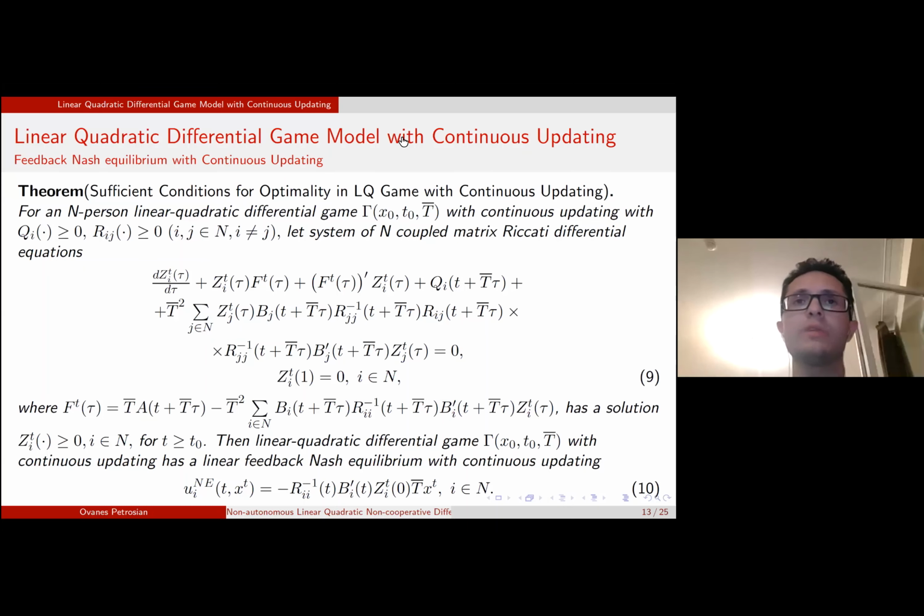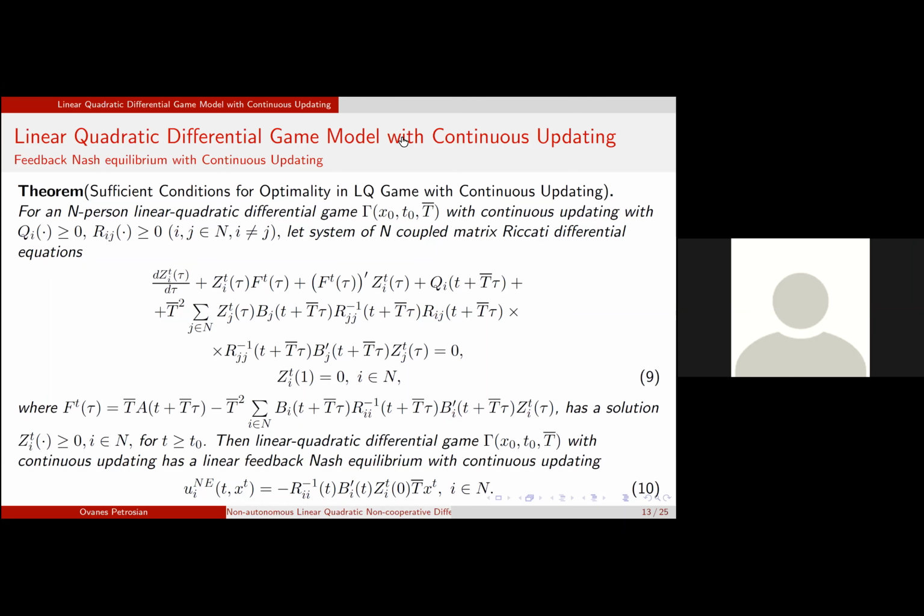No. I can comment on this. Here, the machine and robot was a motivation for this work. If you want to know about that part, I can give you a link to a recent paper at IFAC 2020 about inverse optimal control with continuous updating. There we apply this technique. Here it is a differential game model for n players. For n players, so my question is a valid one. The underlying assumption is that the players have exactly the same planning horizon.